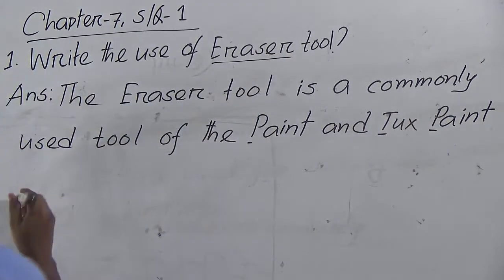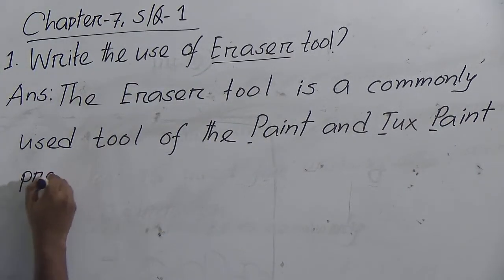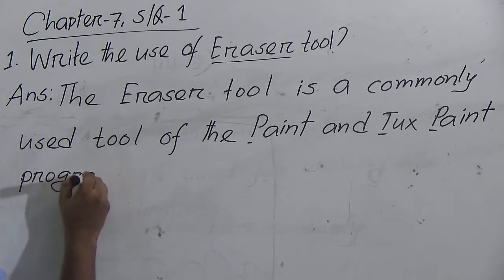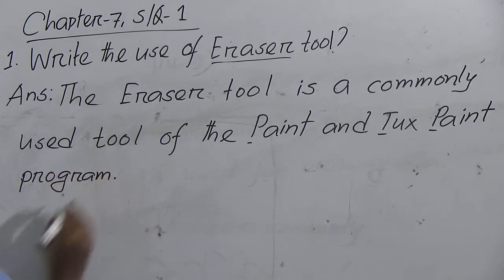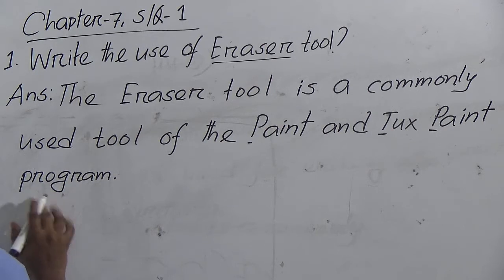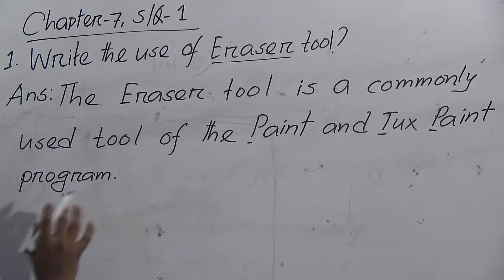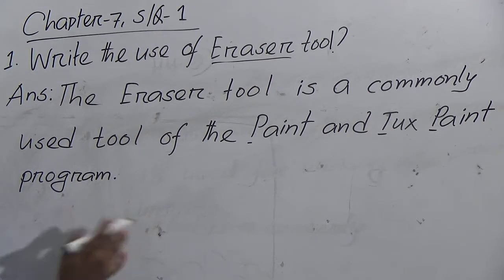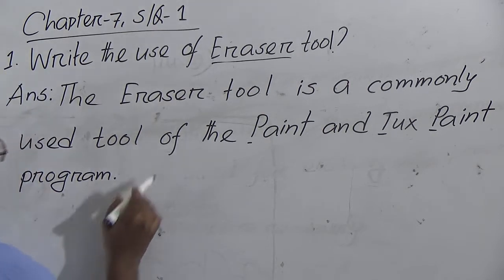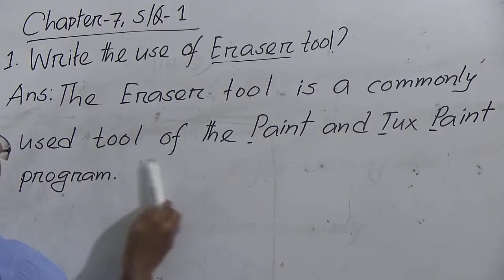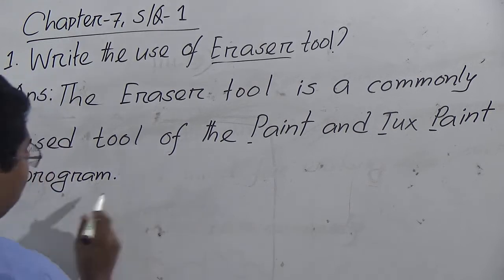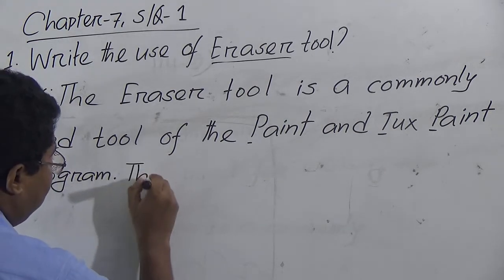Program, P-R-O-G-R-A-M. This spelling is also correct. One is British, one is American. No problem. So the eraser tool is a commonly used tool of the Paint and Task Paint program, and